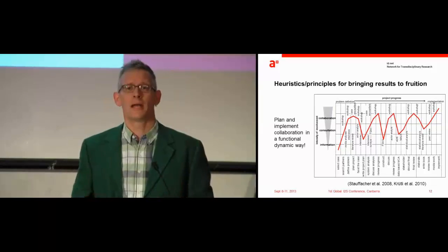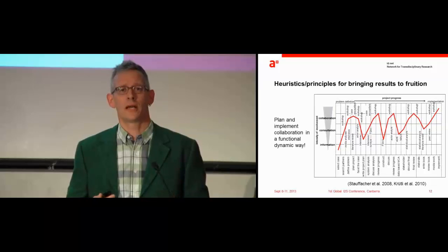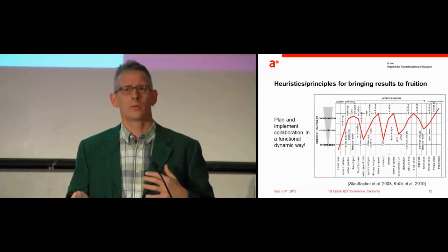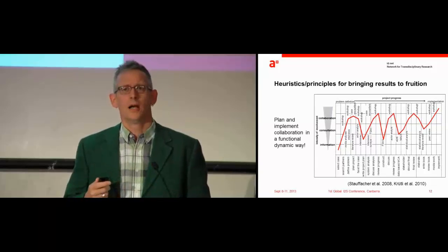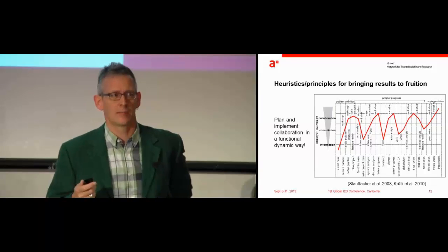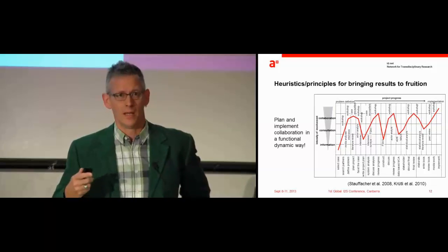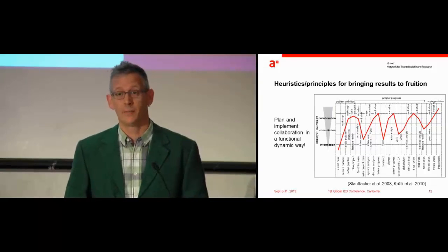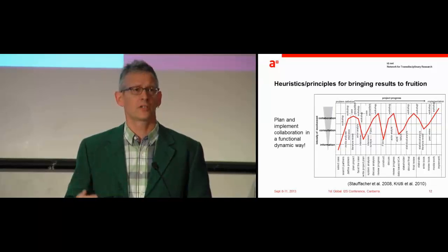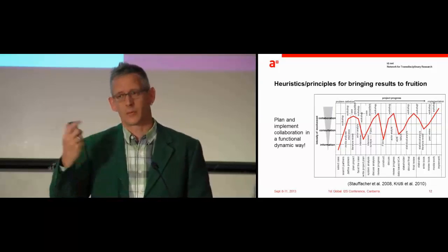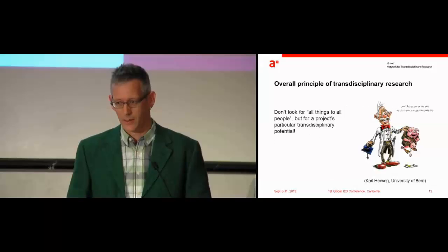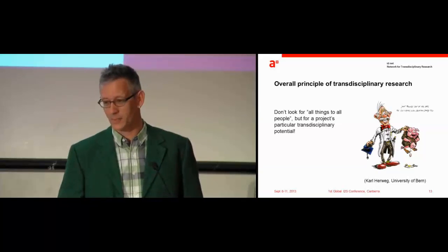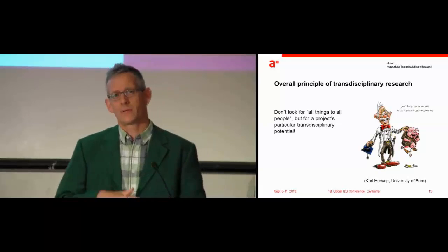And the principle behind that would be, think of this collaboration as in a functional dynamic view. So not everybody has to be involved at all stages, and you have to be very careful. If you take the time of stakeholders, you have to be very clear in your mind why exactly you need all those stakeholders in one room at that time. And also think of it in a very functional way. So think about why, exactly what I said, why do you need them at that stage? So this would be my conclusion by an overall principle of transdisciplinary research, and that's what I very often find